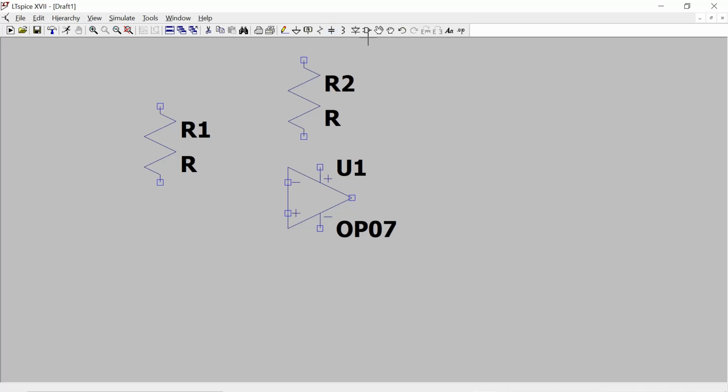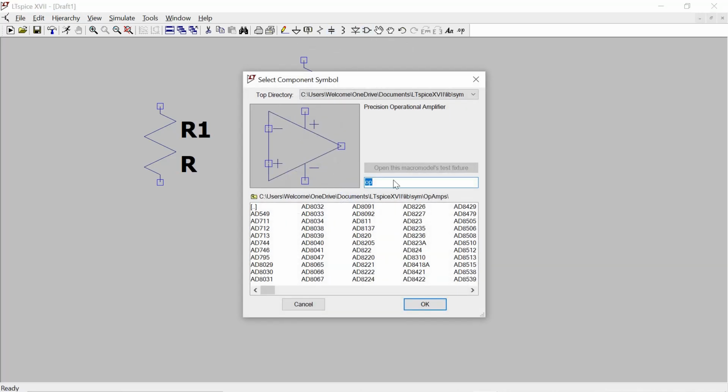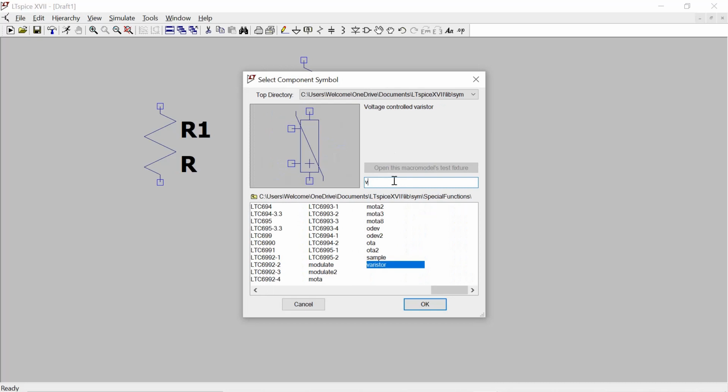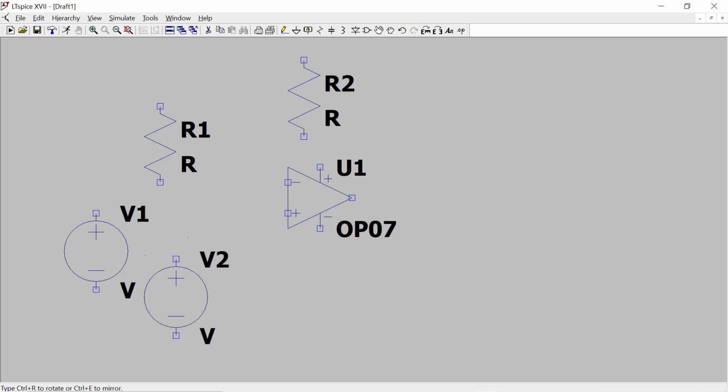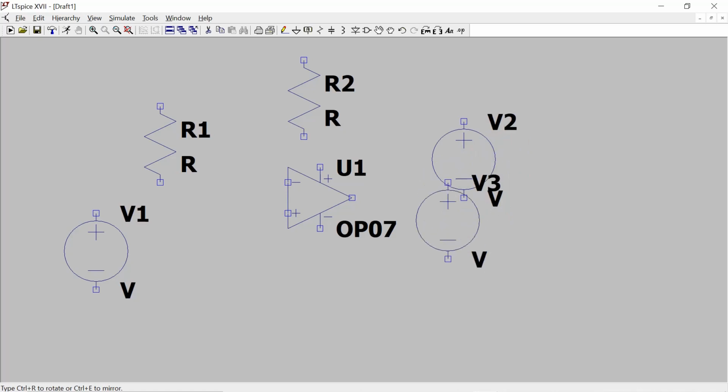Now we need an input voltage source. We are designing an inverting amplifier, so we need to give the input voltage to the inverting terminal. Place it here, and then we need two more voltage sources for plus VCC and minus VCC. Place them here and press escape. Now we need ground, which is next to wire. Place it here.